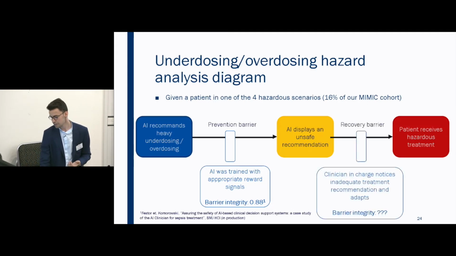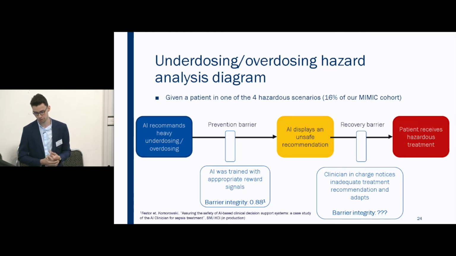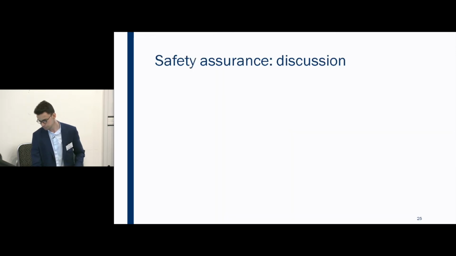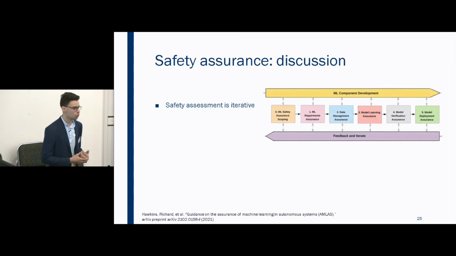Now the question is, how likely is it that on the 10% of the cases that could go wrong, and out of those, the 10% that the AI will miss and recommend something that could be hazardous, human clinicians working around the AI will spot this? This is something we're currently working on in a simulation experiment, trying to involve general clinical teams and interact with the AI system. So, as a discussion on safety assessment for this type of system, one thing we've really realized